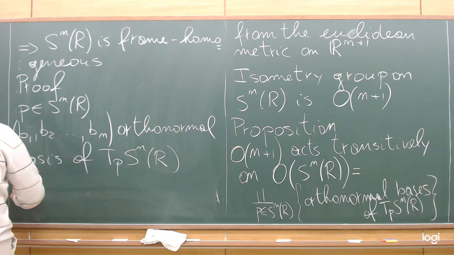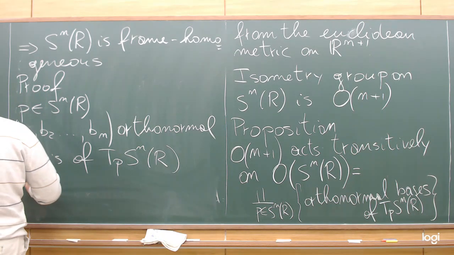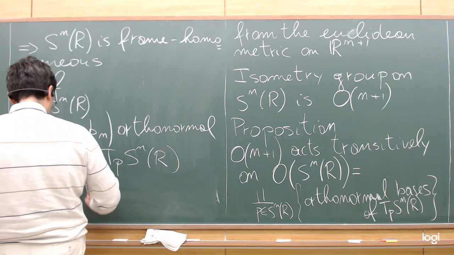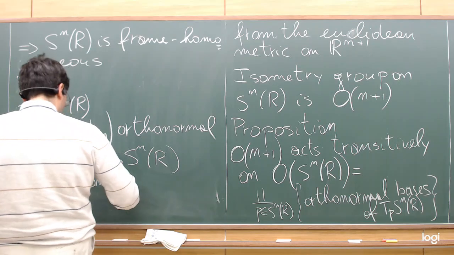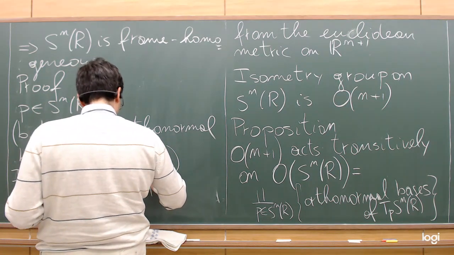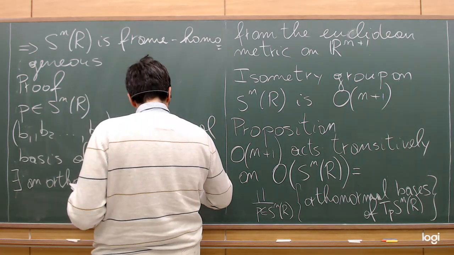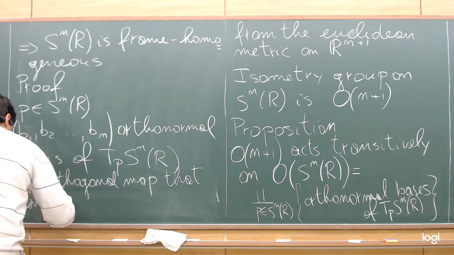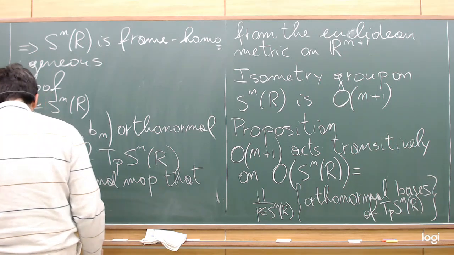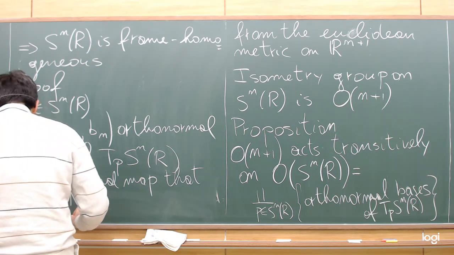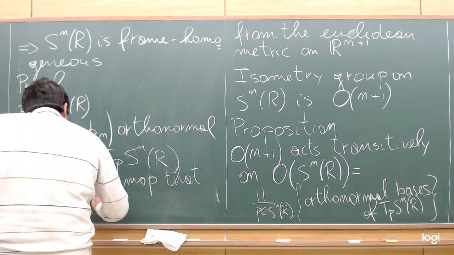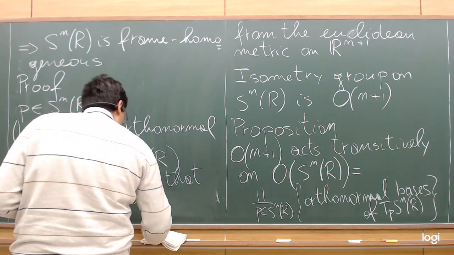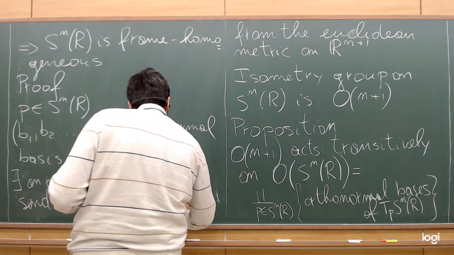So there exists an orthogonal map that sends the North Pole N to P